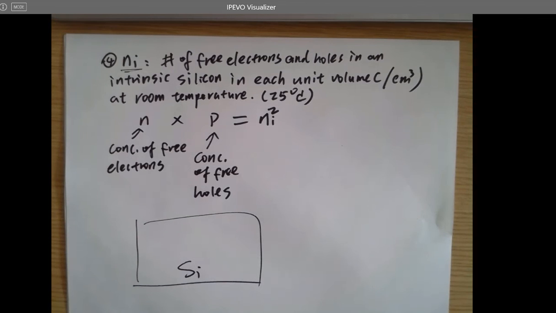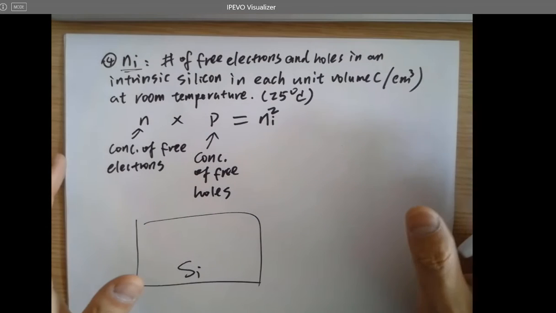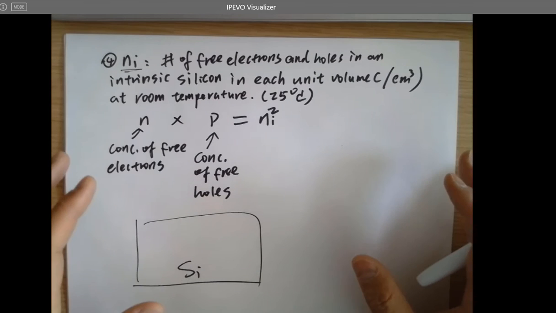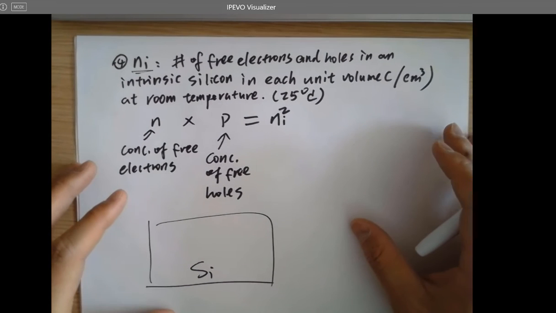But the electrons can leave that spot and have a hole left at that spot because of temperature. It's a thermal effect. At absolute zero temperature, there won't be any free electrons and holes, but at any other temperature, there will be free electrons and holes, because